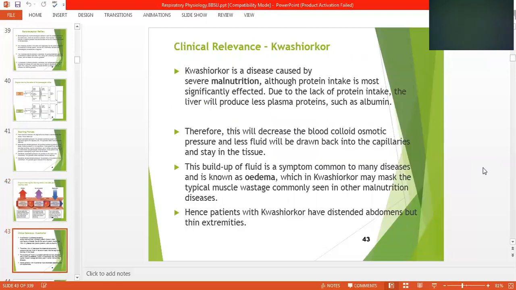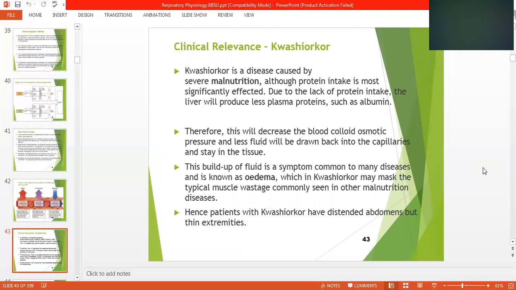Clinical relevance: Kwashiorkor is one of the diseases that occurs more in Africa because of malnutrition. Kwashiorkor is a disease caused by severe malnutrition, although protein intake is most significantly affected. Due to the lack of protein in people who have Kwashiorkor, who are mostly in Africa or third-world areas, due to the lack of protein intake, the liver will produce less